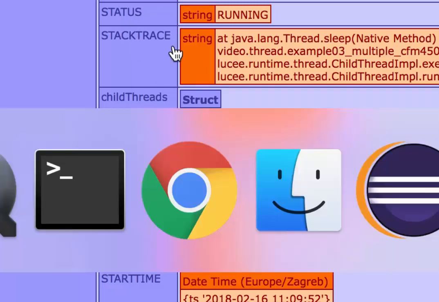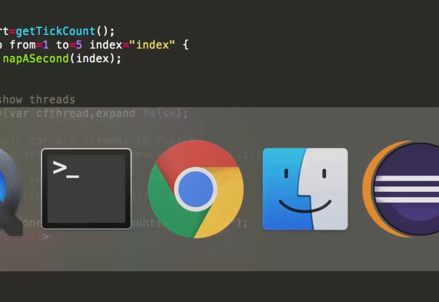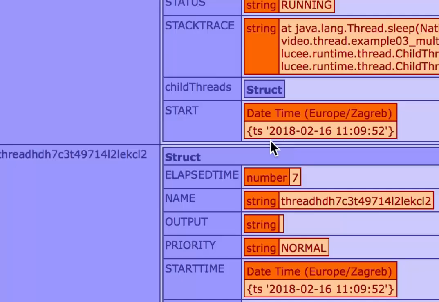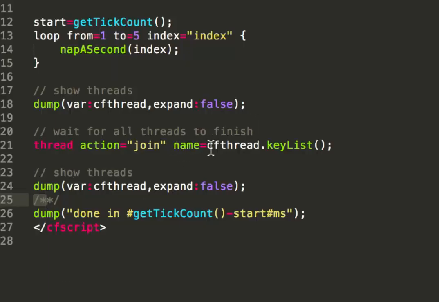So maybe I want to wait until all threads end. What I can do is I simply make an action join, and then I define the key list, that is these keys here, and say, okay, join this thread. So I'm waiting for this thread to end. I can define only a part of the keys or all the keys. In that case, I take all the keys. I wait for all threads to end, and then